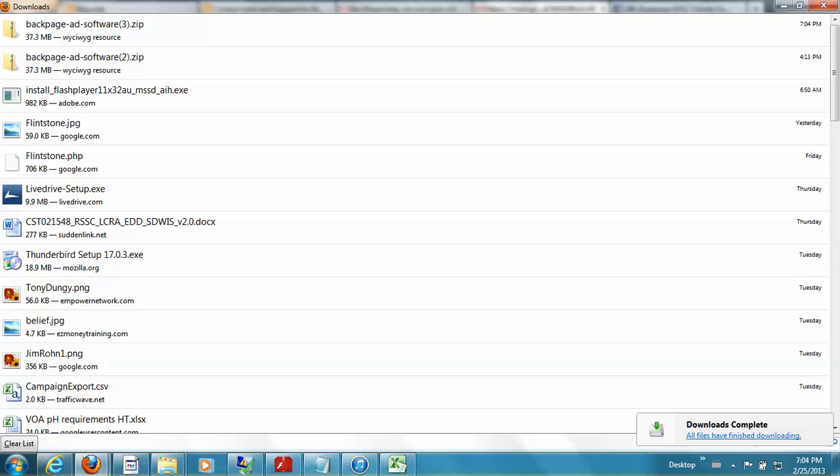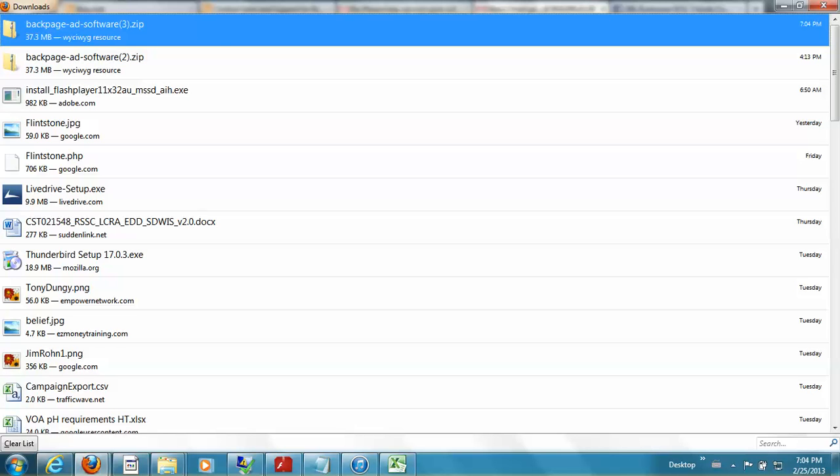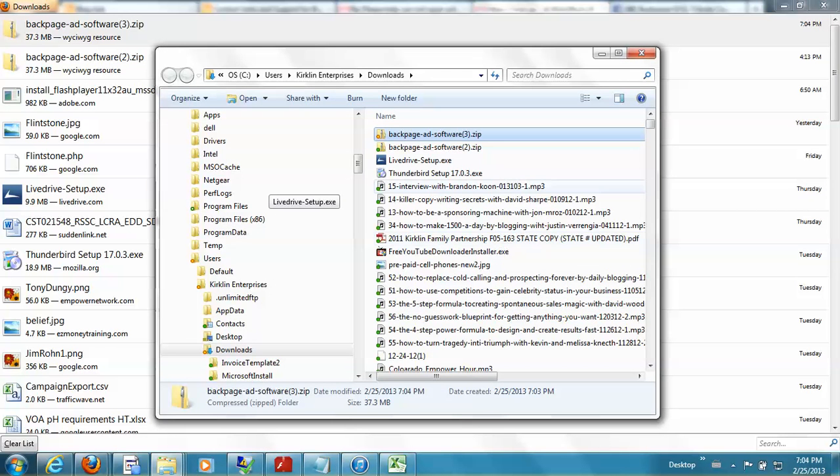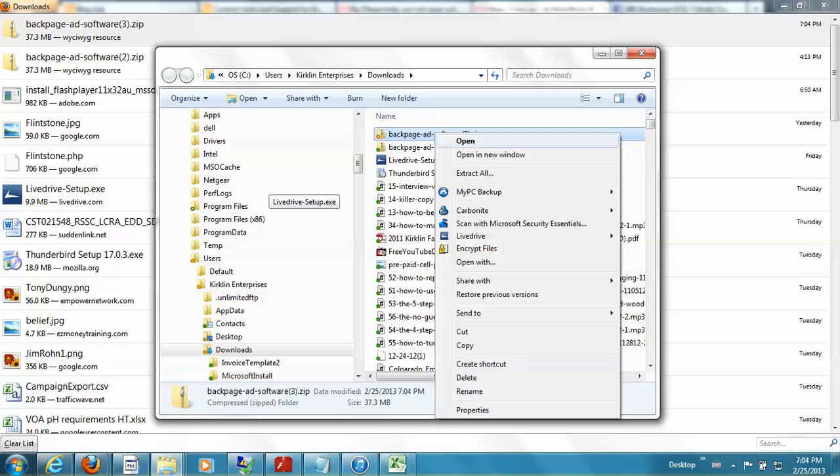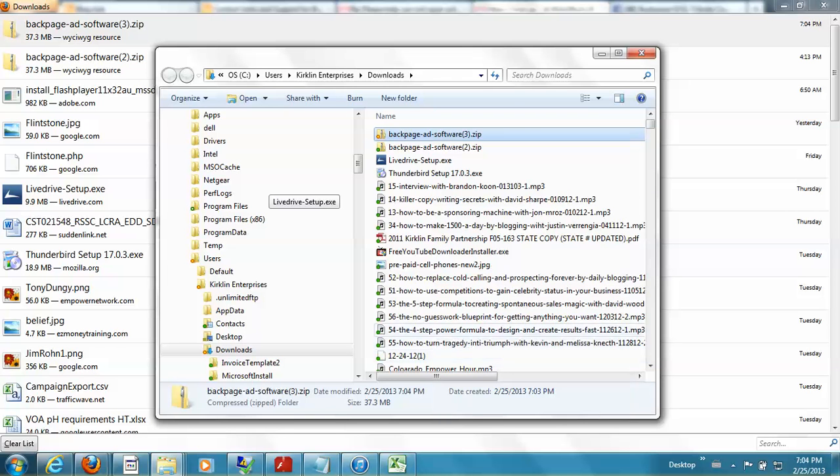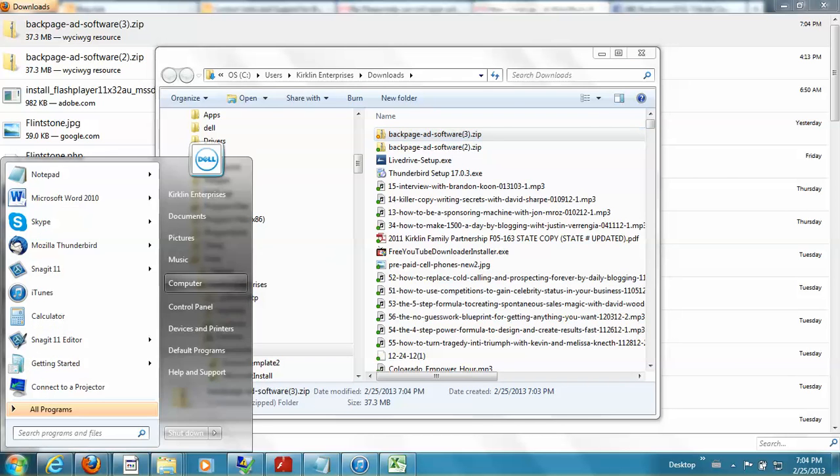Okay, and so once it downloads, then if I right click, I'm going to select Open Containing Folder. And now this zip file is here in my Downloads folder on my computer, and I'm going to copy, right click, and copy this whole thing. And I'm probably going to go out to the My Documents folder on my computer